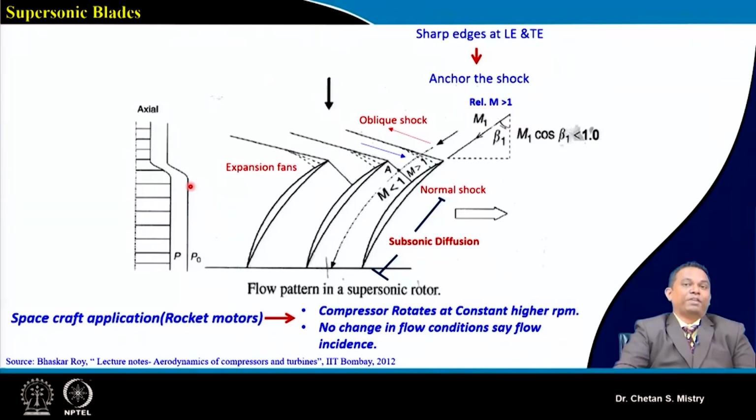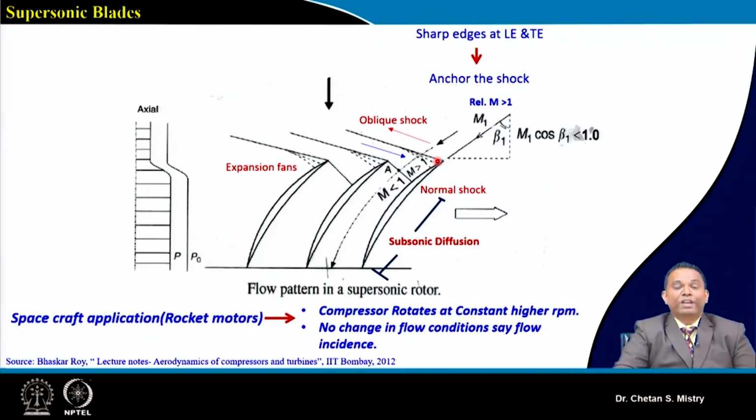So take this benefit. Aerodynamists, those who are working on the development of different aerofoils, realize this part, and later on they say we will be taking the benefit of this supersonic flow. Now here in this case, this edge is a sharp edge, and that's the reason why my flow, or my shock, is getting anchored. This kind of configuration has been most widely used for spacecraft application, for rocket application, where my